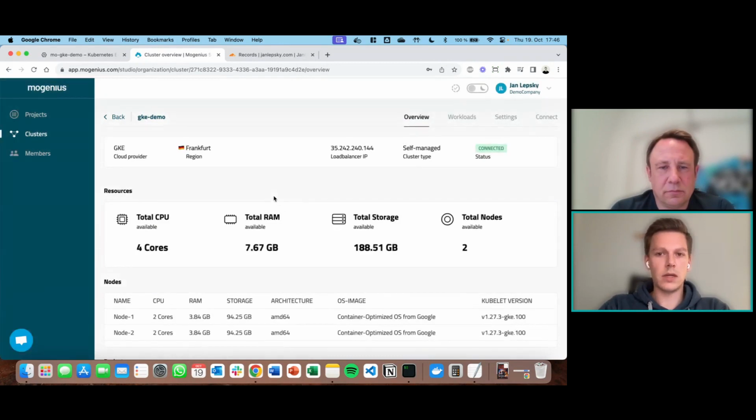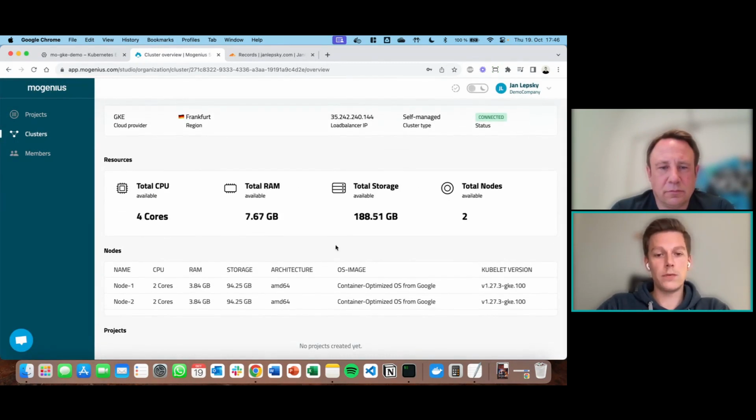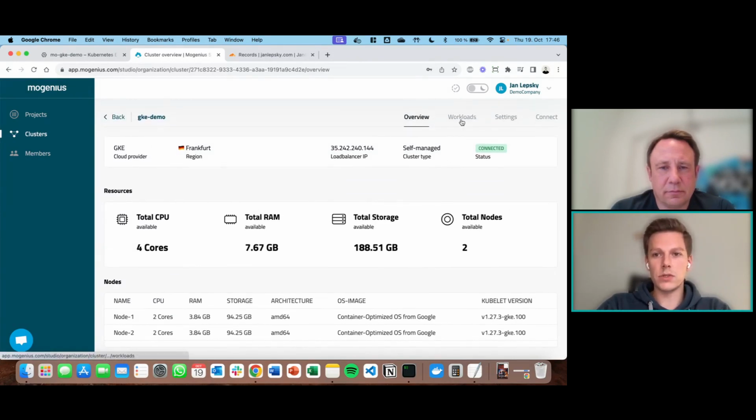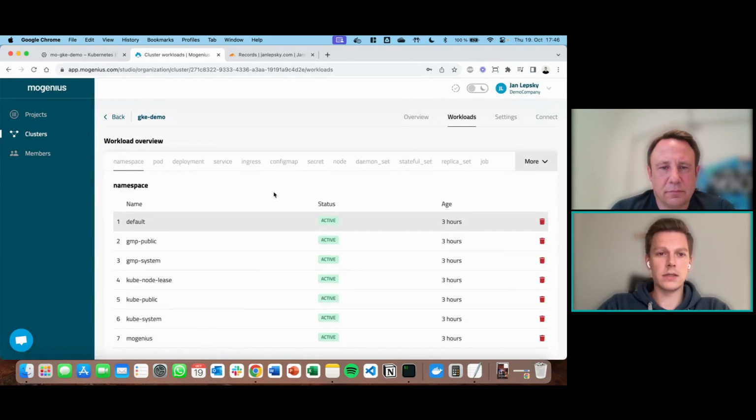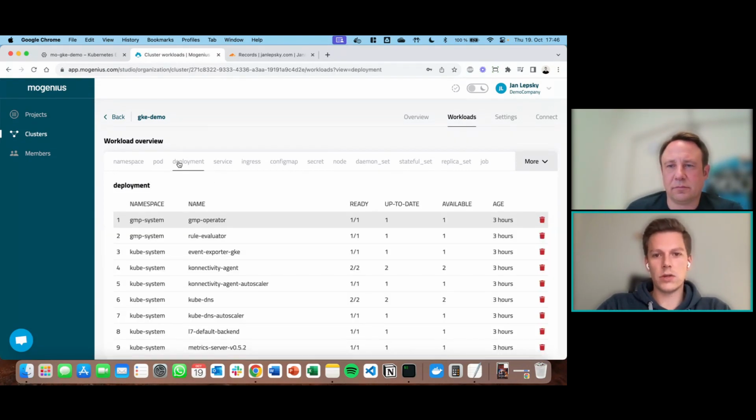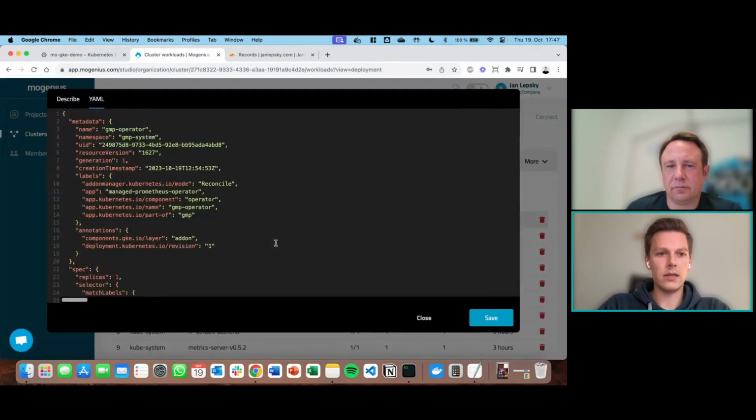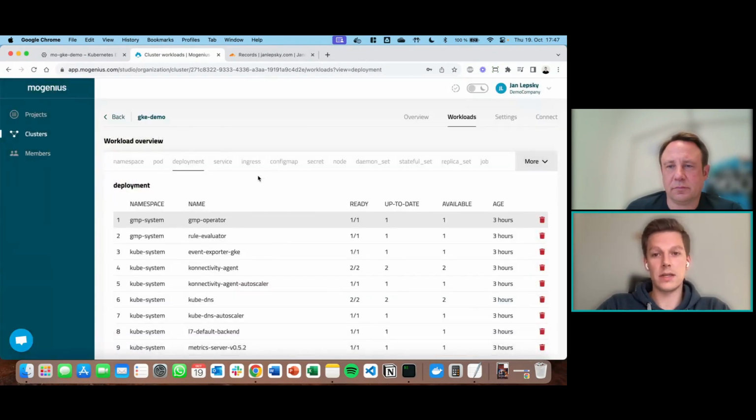Once the cluster is connected, we'll get an overview of the resources here. We'll get an overview of the projects. There's no projects on the cluster yet, but once the teams get to work, we can monitor that and see how many teams are consuming resources and what they're doing here. We also have the option to modify workloads. As an admin, this is always useful, apart from the abstraction that the developer platform offers, to have direct access and to really see what's going on at cluster level. And without context switching, we can access any deployment, any pod on the cluster, edit YAMLs, and see what's going on in the cluster itself. But we want to offer this now to our development teams.